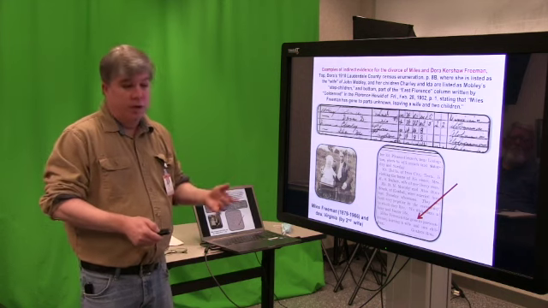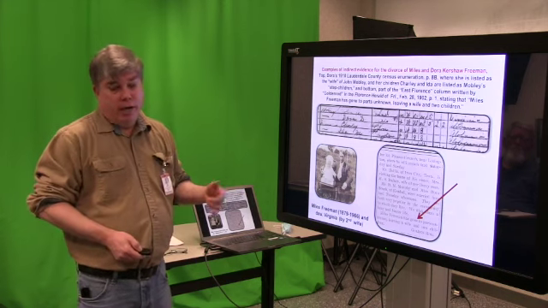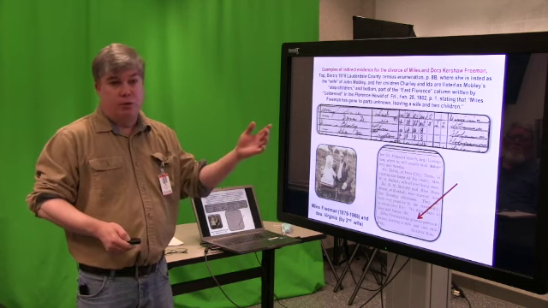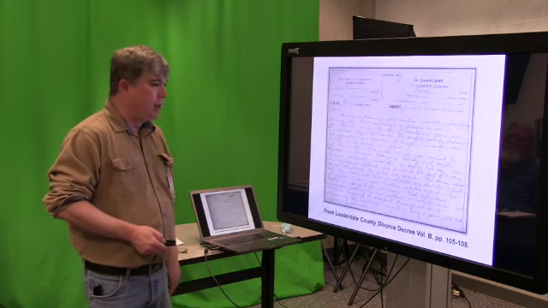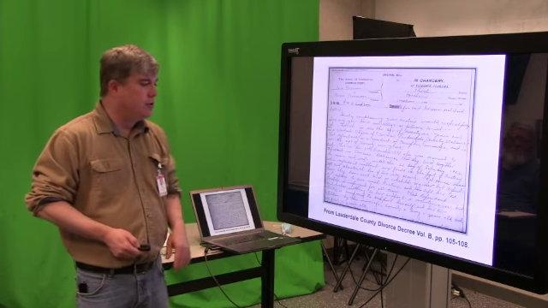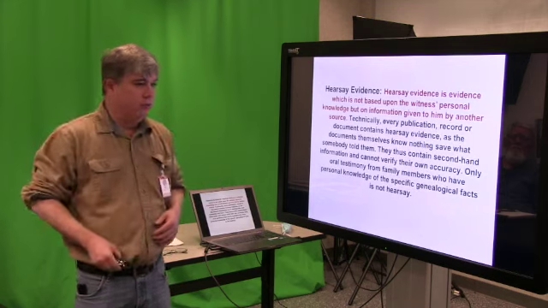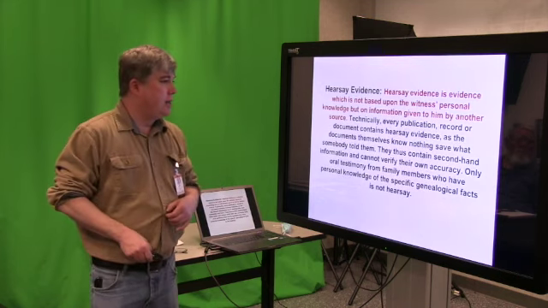So nobody in my family had known. Everybody knew Miles was married twice, but nobody had remembered that he divorced his first wife. I still don't know exactly why. The marriage license is kind of vague as to the specific reasons. But they did get a divorce. So sometimes you have to sort of put the pieces together like that.